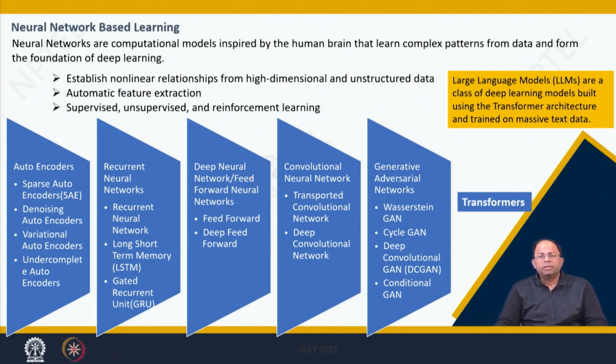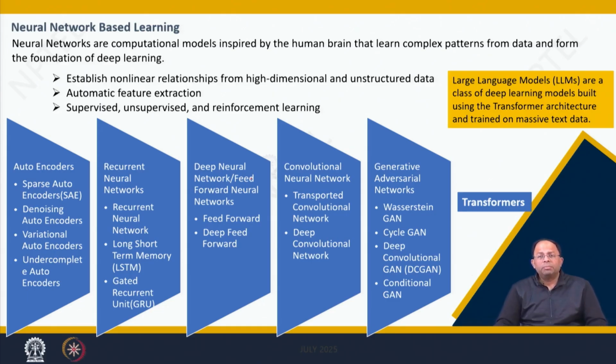And eventually with these models that are using neural networks, we have developed many deep learning models which are very intelligent and can take very complicated decisions. So what we do in this kind of neural network models is basically we establish a relationship from high dimensional and unstructured data, and these relationships actually help us to understand the connection between all this and how we are getting a particular result.